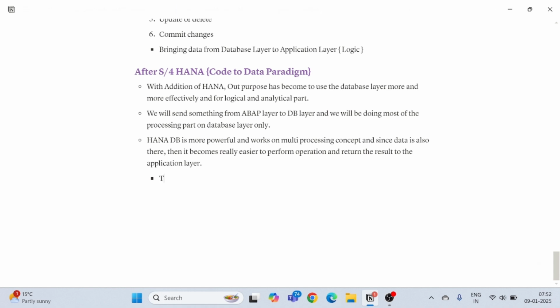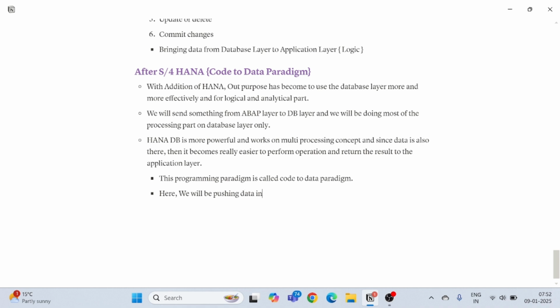So this programming paradigm is called code to data paradigm. Okay. Here in code to data paradigm, we will be pushing